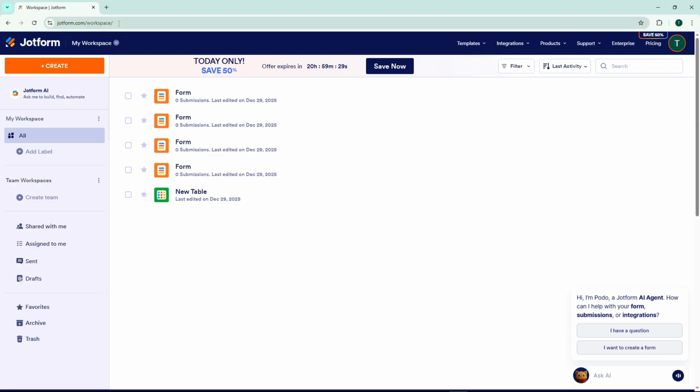Let's start by opening your web browser and heading over to jotform.com. Once you're on the homepage, you'll need to log in using your credentials. Enter your email address and password to access your Jotform account. This step is straightforward, but make sure you're using the correct login details associated with the forms you want to